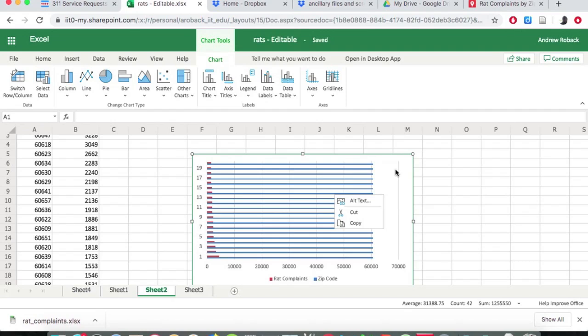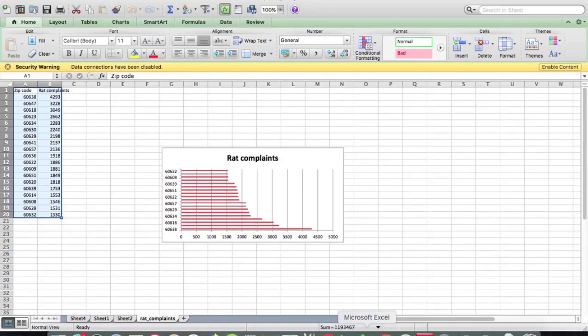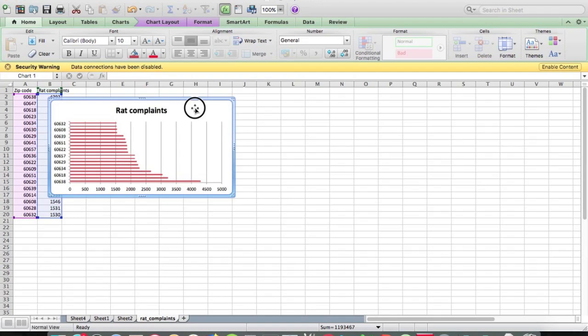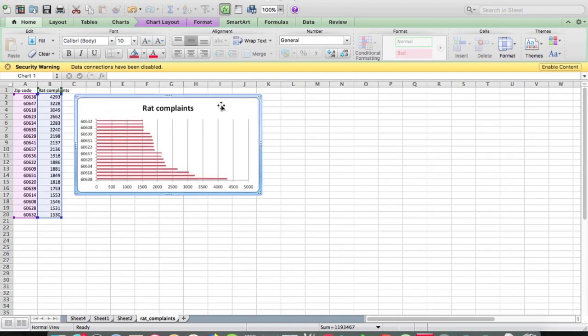So at this point, I'm just going to switch over to that, and you can take a look at how this would look in the desktop version. I didn't really take the time to make this properly formatted visualization, but it does have the correct data. So we've got, let me make this a little bit bigger, we've got